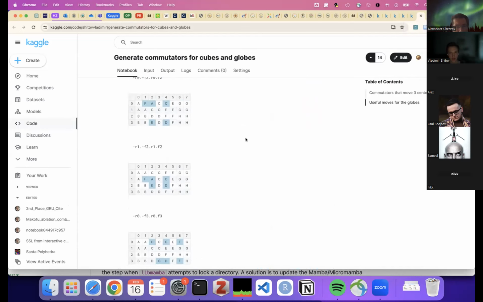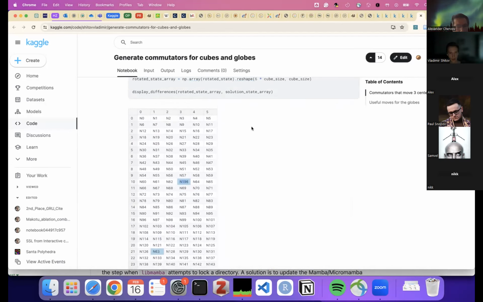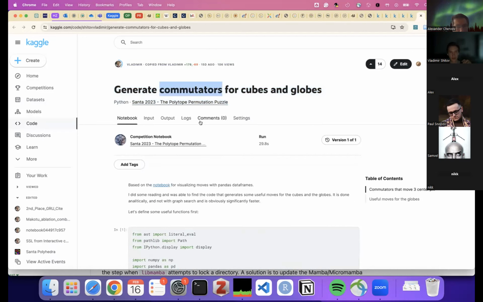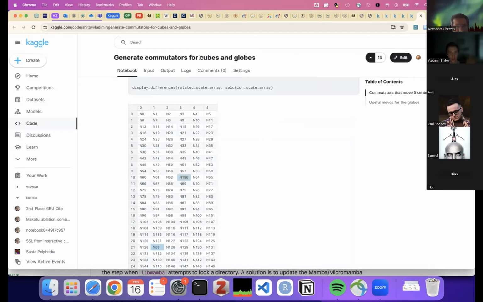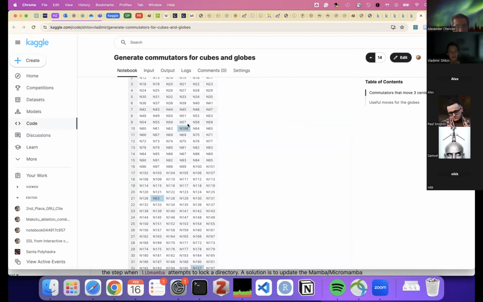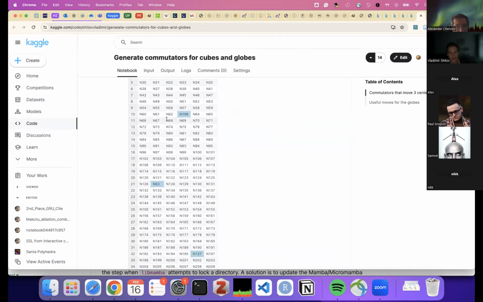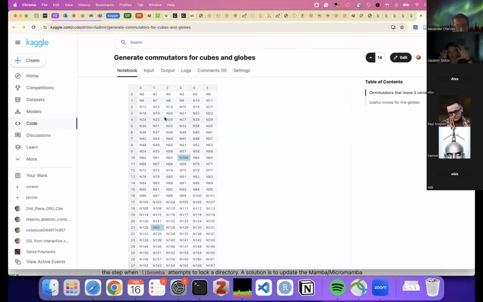But it turns out that with smarter moves, they're called commutators for mathematical reasons, but actually the Rubik's Cube community knows this term, even though they don't always know the math. What this means is that these moves only move certain pieces without disassembling everything else.